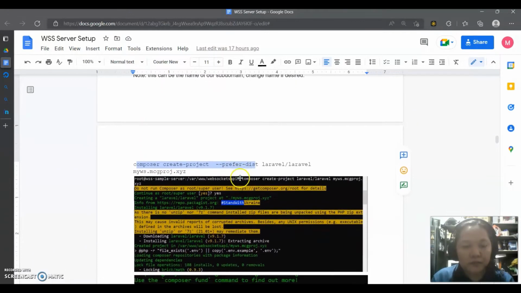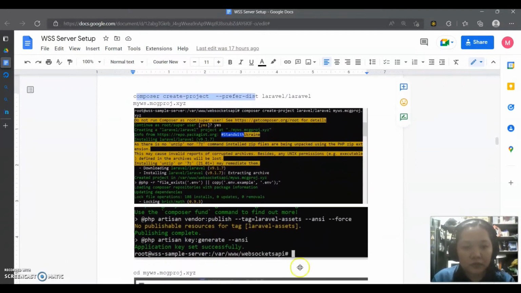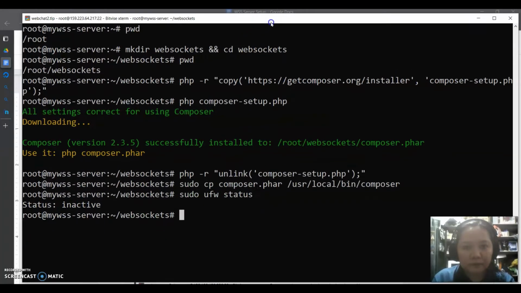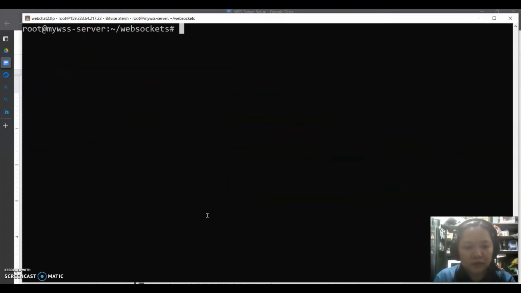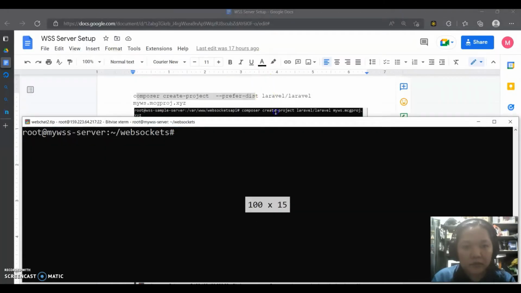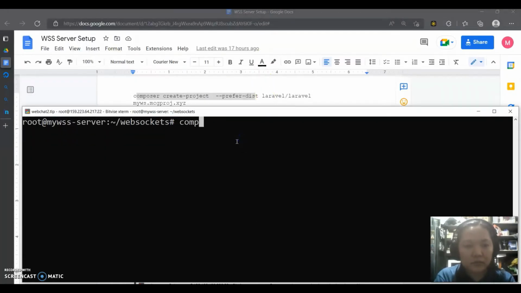Laravel project. So to do that, what we will do is clear and then minimize. So let's go with composer create-project laravel, and then we give our project name. For now, let's name it wss-demo-mcg-proj